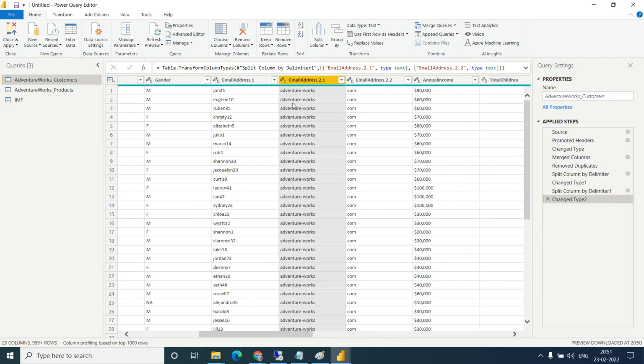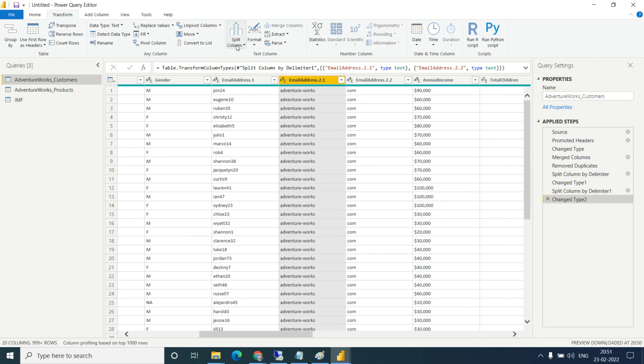Okay, so this is all about the split and the transformation. There are so many things we will see one by one. There is group by, replace. Then in transformation there are split column, again available in the transformation, format, parse, extract, unpivot, pivot. These are the things we will see one by one in the coming session. So I think for today I am done. Any question?